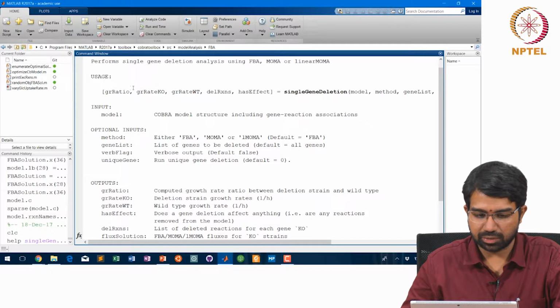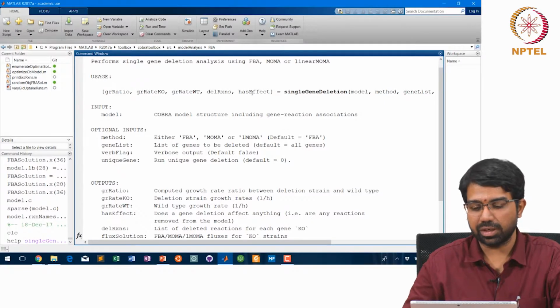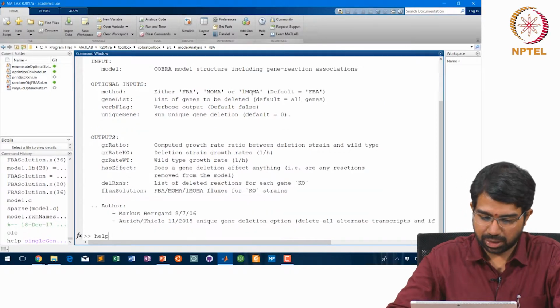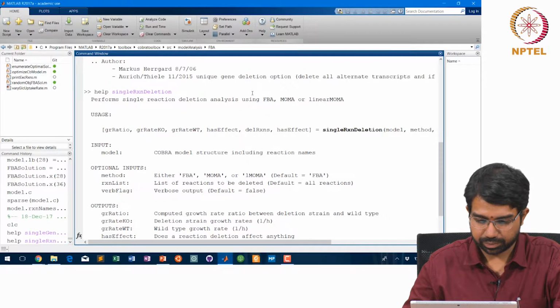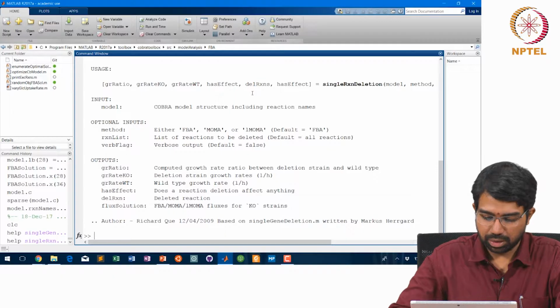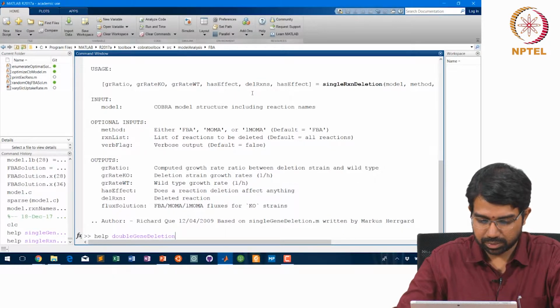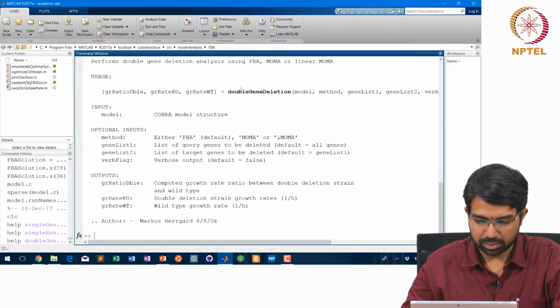So, this is a single gene deletion function. The outputs are growth ratio, growth rate on knockout. So, this is basically growth rate on knockout by growth rate of wild type, right, GR ratio, and what are the reactions that are released and deleted, and if there is any effect for the deletion, has effect. And you also have a single reaction deletion, which is again very similar. You also have a double gene deletion, right. This essentially gives you a sort of matrix